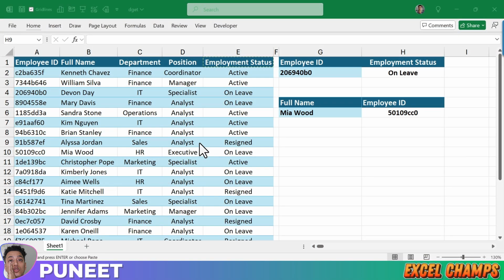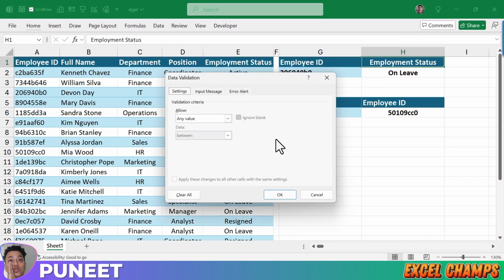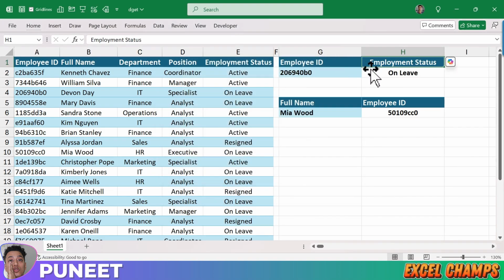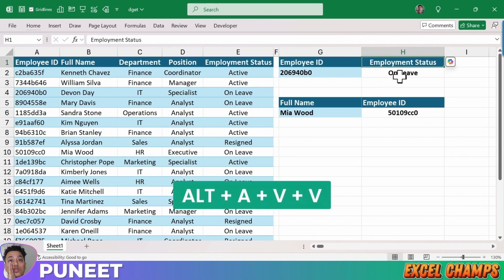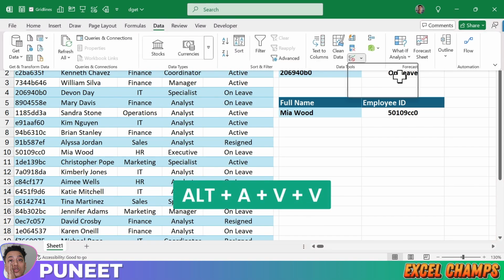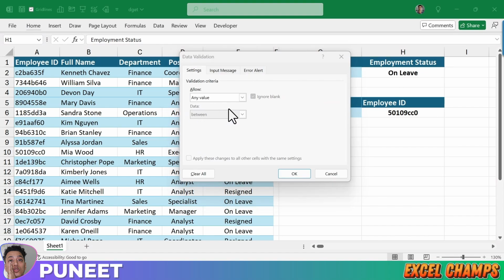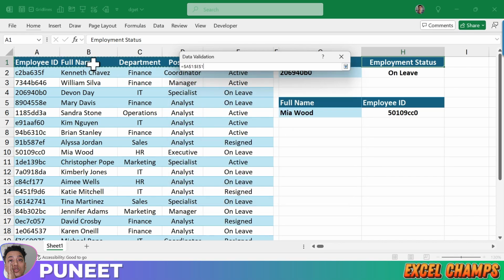At this point, you know how to use the DGET function and how this function is way quicker than any other lookup function. But now let me make it more convenient for you. Instead of typing or adding this column name here manually, you can also create a drop down list here. What you need to do is select the cell and then press the keyboard shortcut Alt-A-V-V, and it will open the data validation dialog box, and from here you need to select the list and simply select the row where you have column names